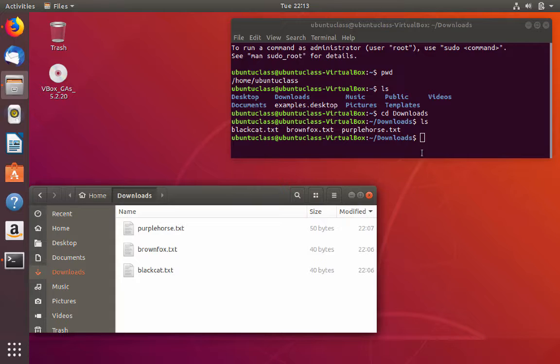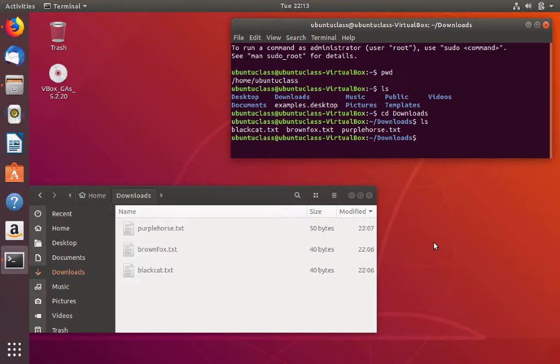So now what we want to do is move these text files that we see here, and here, right? We want to move them over into the documents folder. So to do that, we're going to use another command, right? Which is the move command, which is just mv, okay? So what we're going to do then is type mv, and we're going to type the